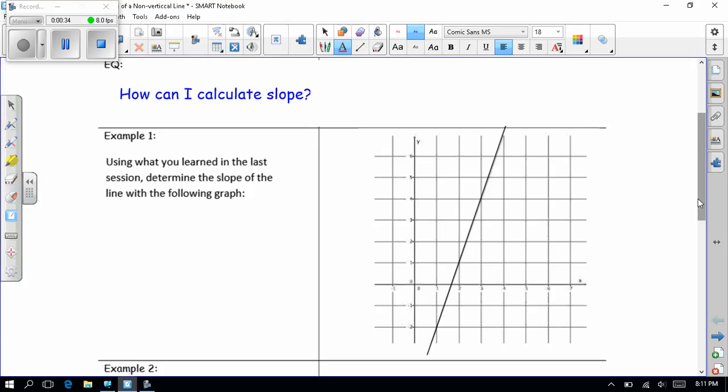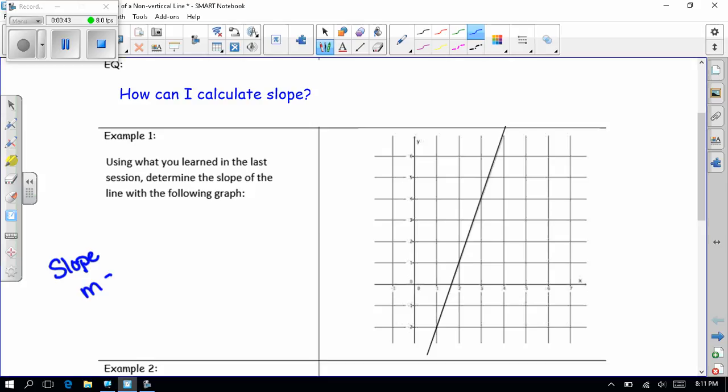Remember, we talked about yesterday that our slope is a ratio, and we use the variable m to describe slope, and we show it as a ratio of our rise over our run. So on this first example, I'm going to walk you through the first one. I'm going to just pick a couple of integer coordinates here, and we're going to calculate our rise and put it over our run. So when I talk about integer coordinates, that's just whole numbers